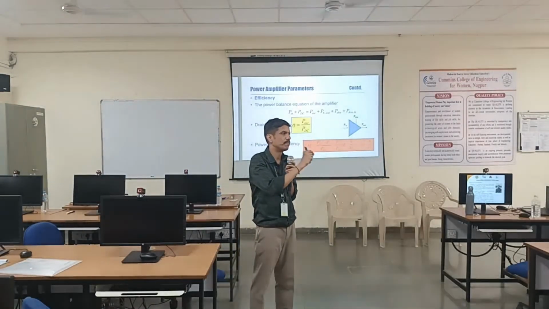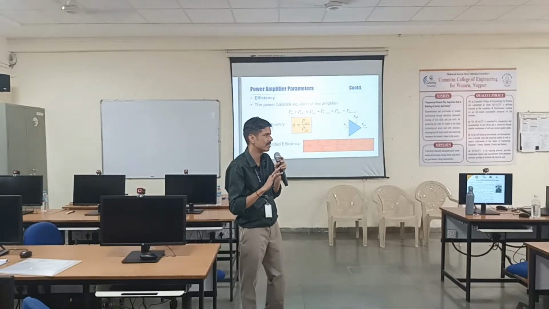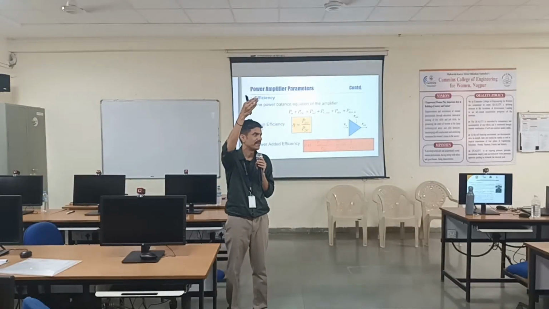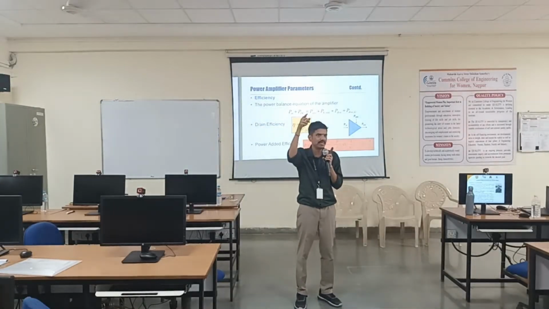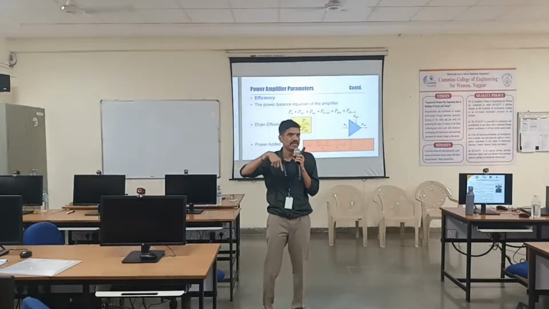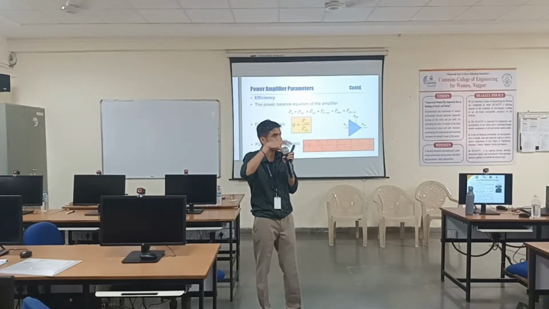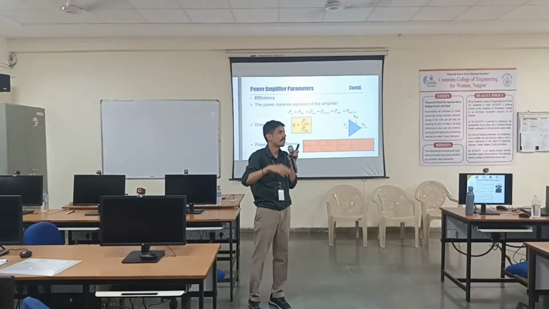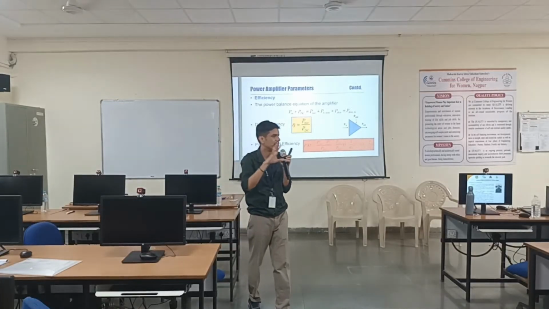See, you have an amplifier whose input is 10 volt, output is 100 volt. From where you are getting this 90 volts? Is matching happening somewhere? No, magic is not at all happening. That extra 90 volt is coming out of your DC bias voltage. You have to apply the KVL to the output loop. What is that KVL? VCC minus ICRC minus VCE equal to 0. What is VCE then? VCE equal to VCC minus ICRC. Whatever VCC you have, now let us consider your RC is 0. The drop across collector resistor is 0. So maximum output voltage out of your transistor, which is VCE, maximum will be VCC.